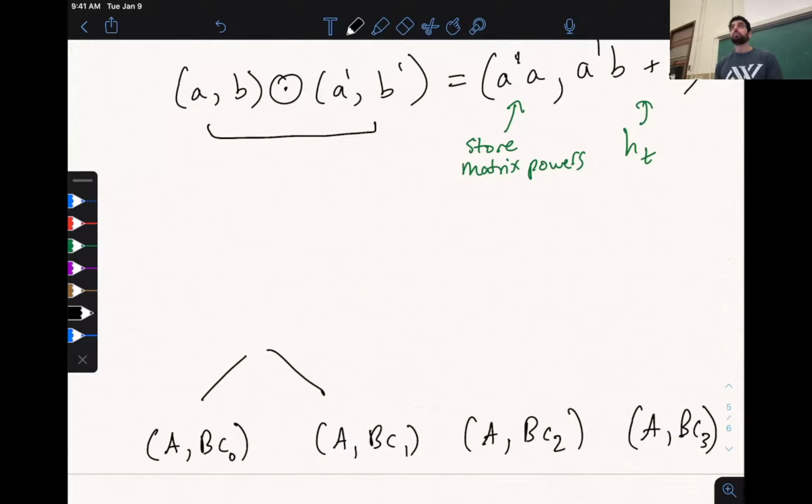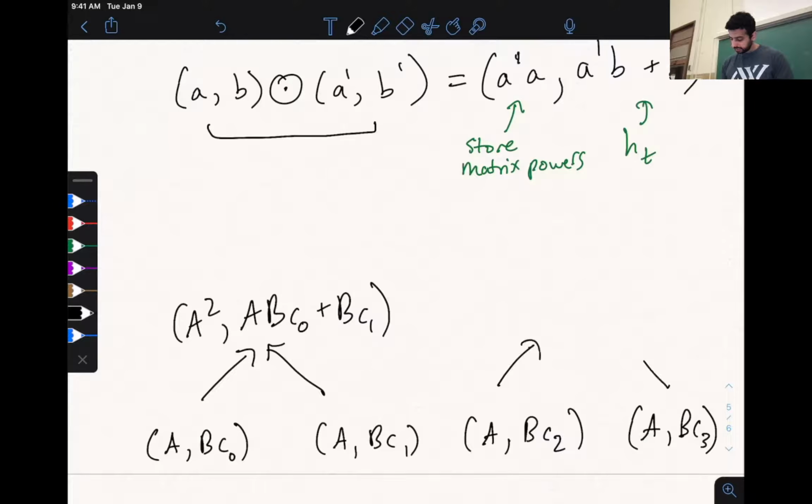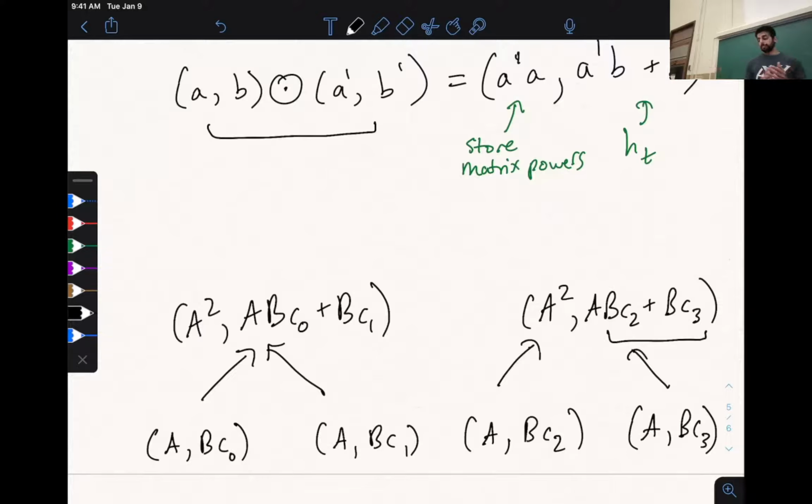Which we know is part of any of these hidden states computations. So now let's apply our rule to this node here. For the first element, we get A squared. And for the second element, we get A B C0 plus B C1, right? So that's good. And then here we get A squared again, and we get A B C2 plus B C3. Note that this is not the hidden state of any time step, right? It's part of the hidden state, but we will need to do the down sweep like we did in the cumulative sum in order to get the hidden state for those terms here. So I'm only going to talk about the up sweep here, and the details of the down sweep are